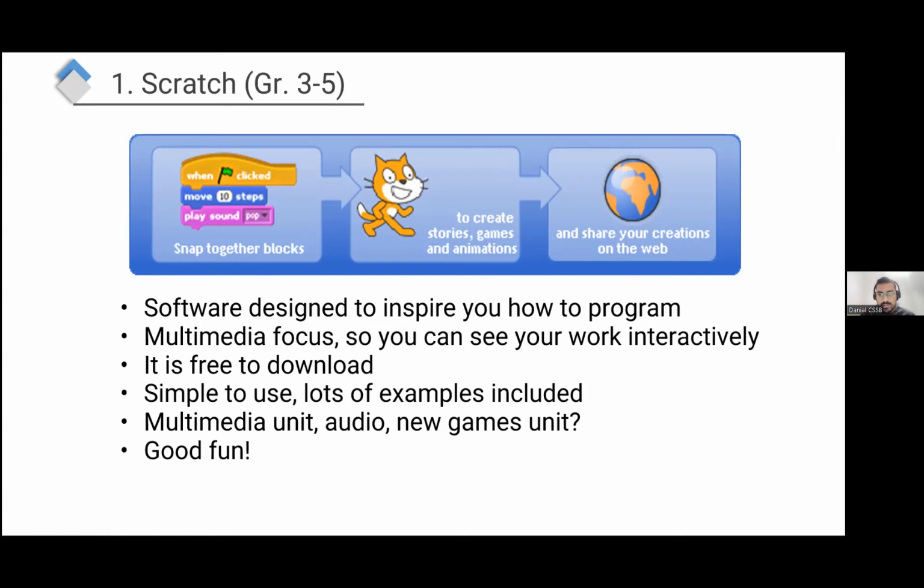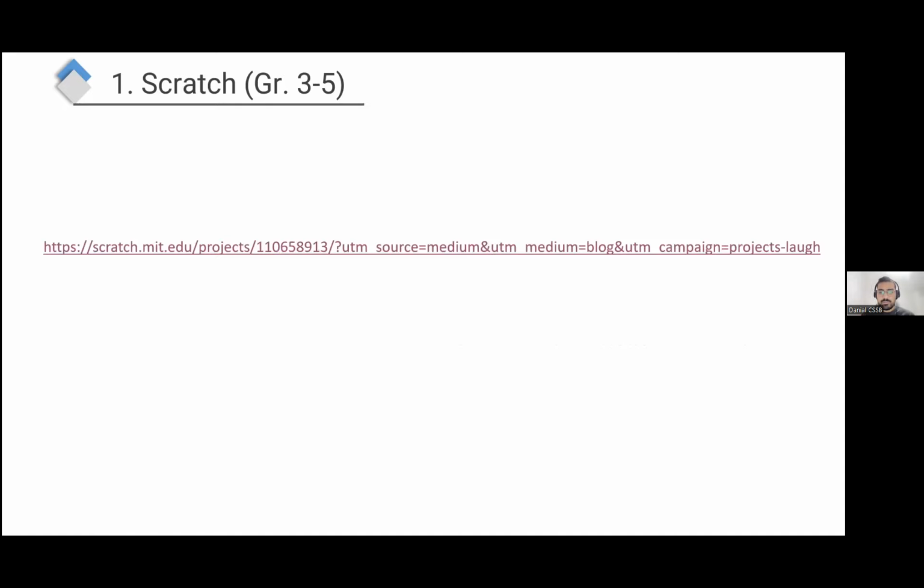It's very interesting, it's very amusing, and it's free to download, simple to use, and it has a lot of examples. Basically they will have the creativity to build and work with all of these great things, to create animations and games, and they could also be interactive. It's going to be a very interesting series for them.